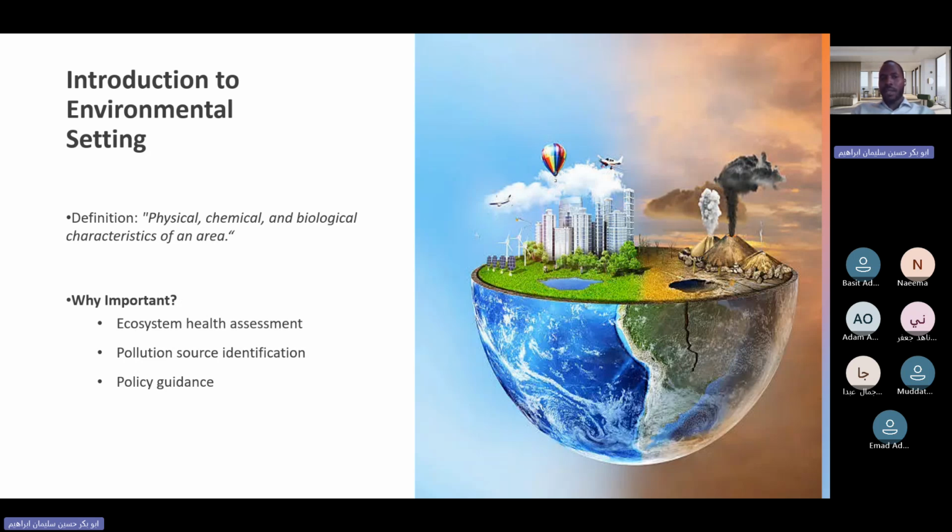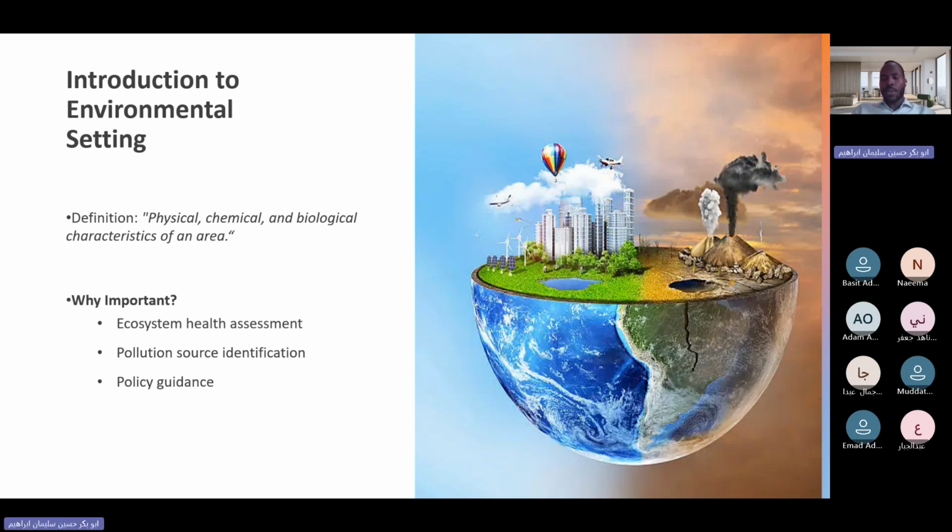Why is the setting important? Because we need it for ecosystem health assessment, and additionally for pollution source identification. When we are doing the environmental setting, that can help us detect the source of the pollution of that project. Additionally, the environmental setting can help us develop the report and also help